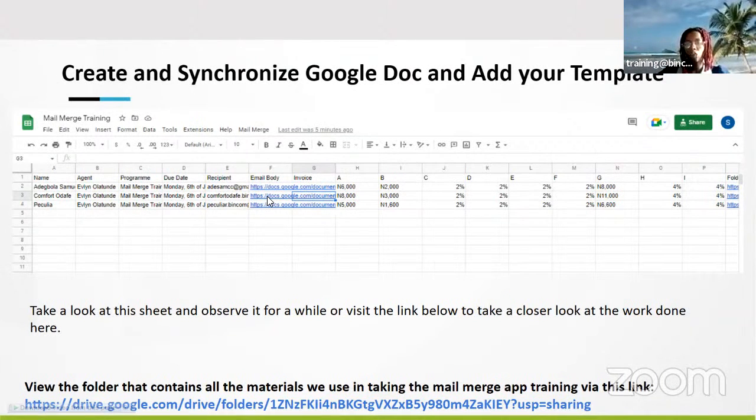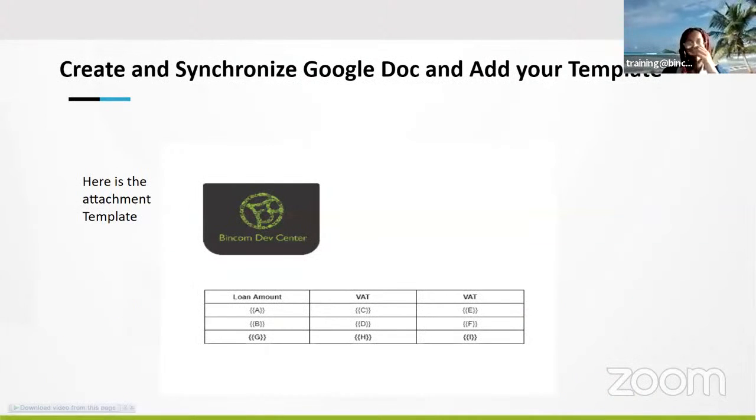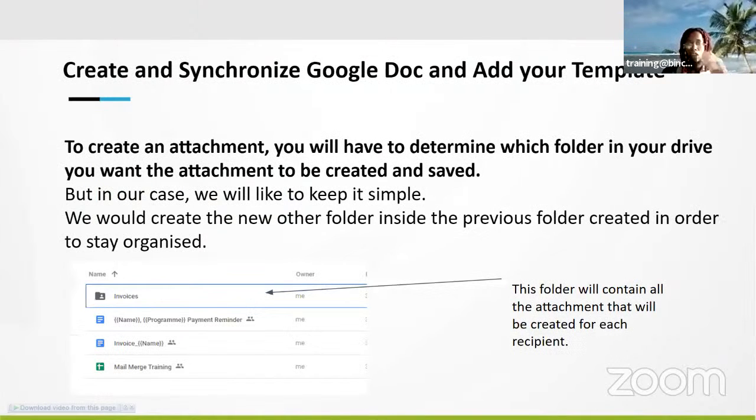So this is just a long list, but sometimes we don't really need much of this. We just need the name, the email address, the email body, and maybe if we get like a receipt once that email is sent. So you have like the email sent option as well on the Google Sheets. So this is how it looks like once you have synchronized your Google Doc and you've had your templates. But we'll see really the end result of all of this.